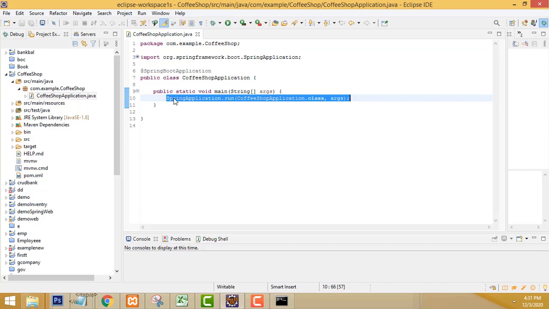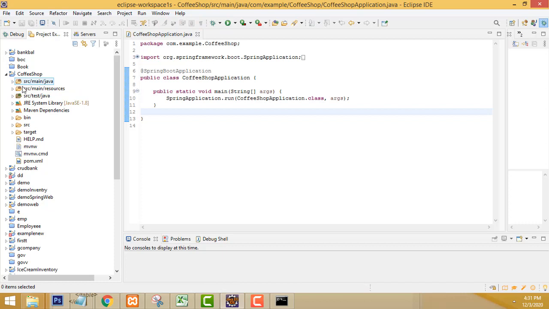Inside the main method all your programming will be run. The same thing here as well. Now, the first step for this Spring Boot application is to go to src, main. This is the default that's available. This is a folder structure. Go to resources, this one.